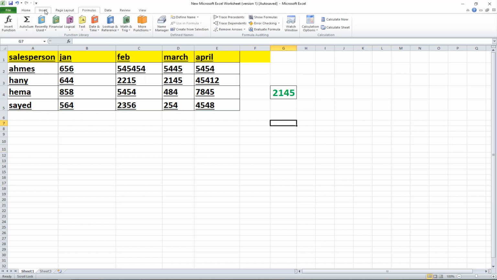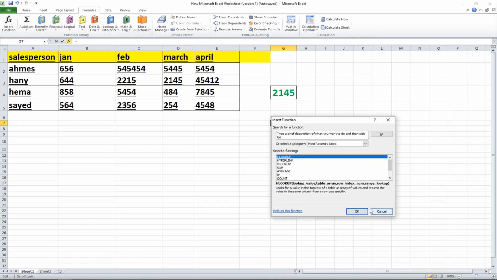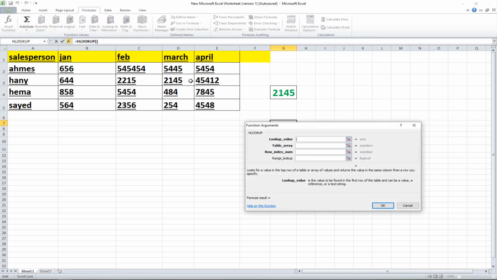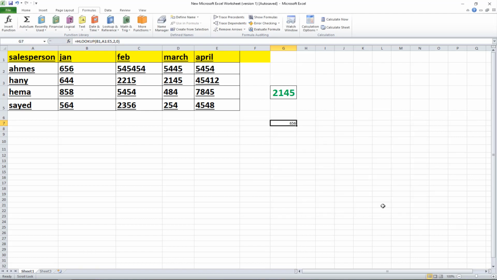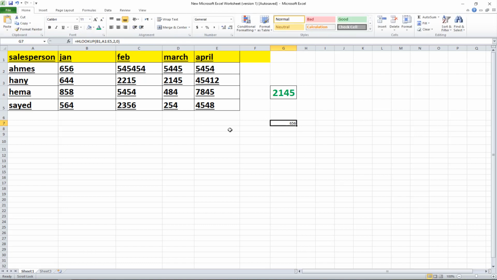Okay, we will try here. We will insert Formulas, insert function HLOOKUP, and lookup value we will choose Jan, and table array we will choose this table. Row index number we will choose number 2. Range lookup we will choose 0 and press OK. So we have this number. It is January. Ahmed sells